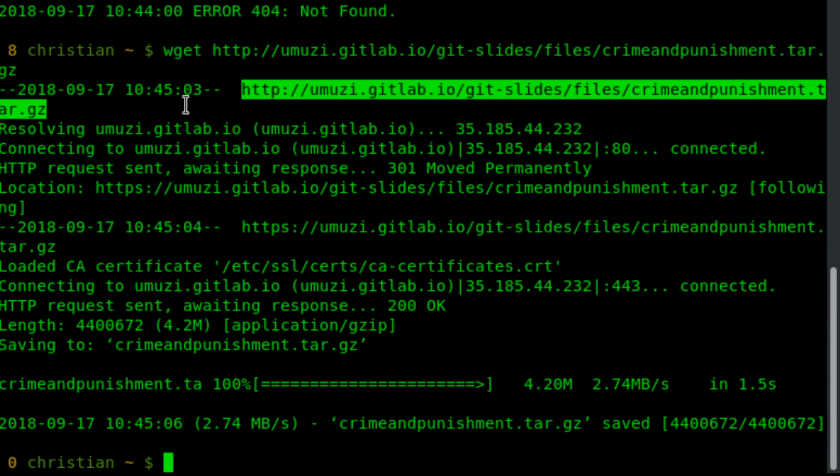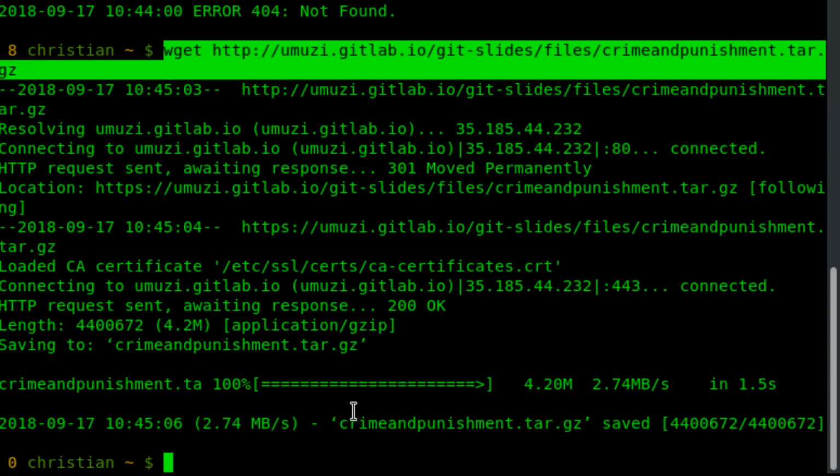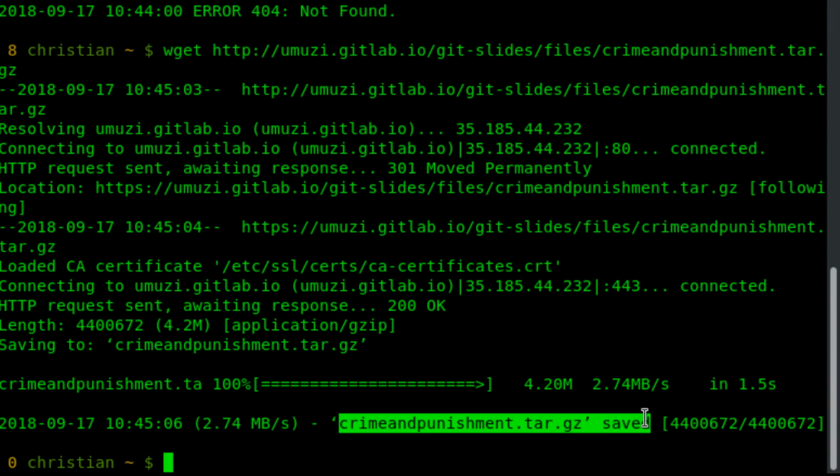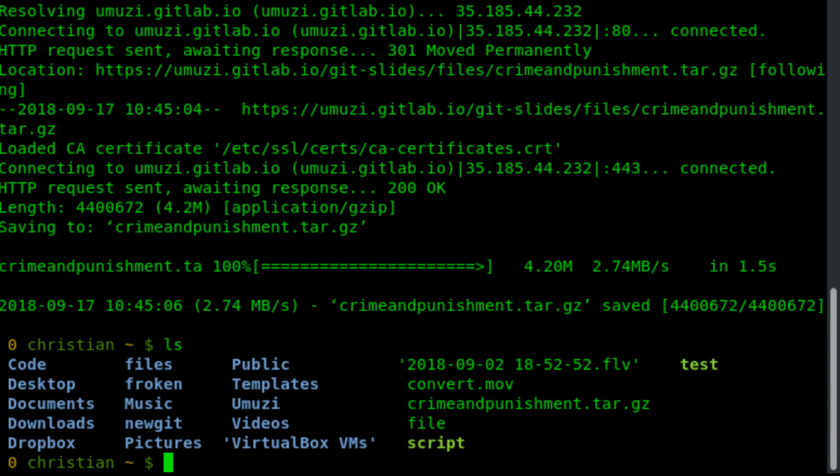Okay, I hope you've been given the right URL. But once you have, you can use wget to actually download it. wget URL downloads the file locally and it'll be saved. Let me do ls, and here it is,